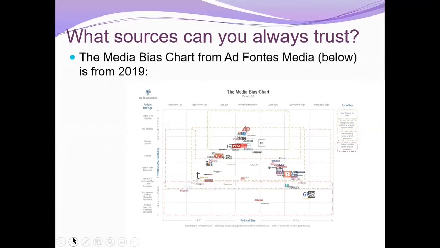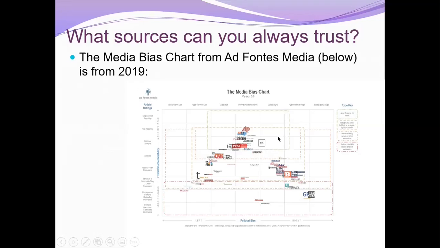If you look on this chart, and by the way, I'll show you a way to get to a more interactive version of this chart if you can't see it. I know it's very small. Essentially it tells you where on the spectrum of bias, political bias rather, these different media sources are. AP, which is Associated Press, is straight down the middle. You know that if it comes from Associated Press, it is completely unbiased, or at least it should be unbiased, regardless of what anybody says.